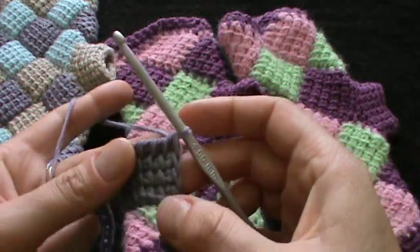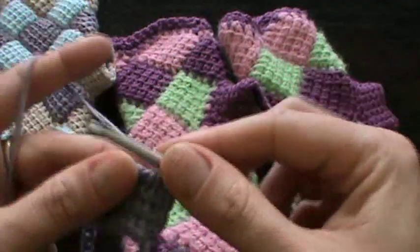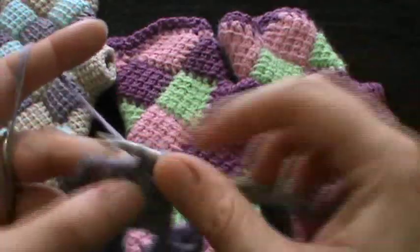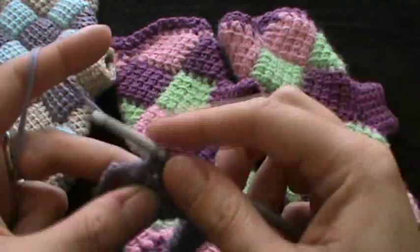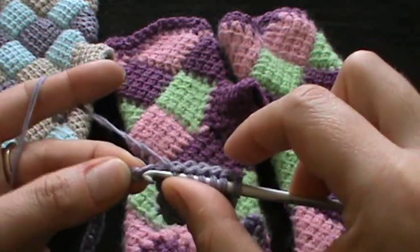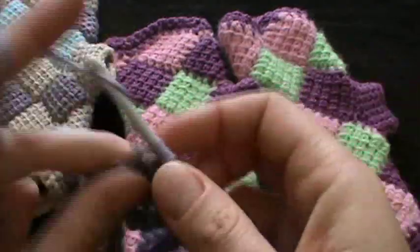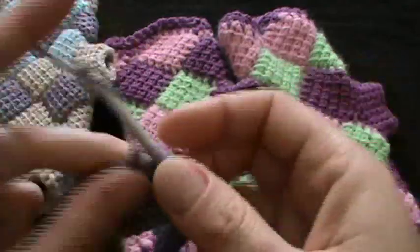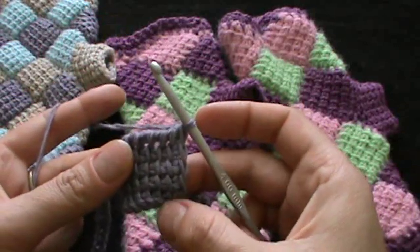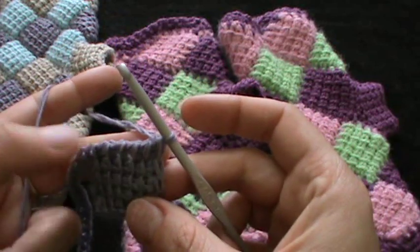Okay, now we have 1, 2, 3, 4, and we need 1 more because we need 5. So let us upload for the 5th row. We have 6 loops and we need 1 more, so we will insert the hook into the next unworked chain for the 7th, and let us work. So this is the second step. Let us work our last row, our 5th row. So now we have 5. 1, 2, 3, 4, 5, and we have to